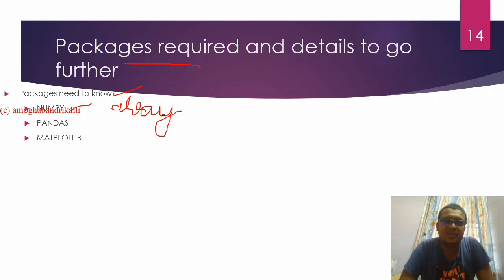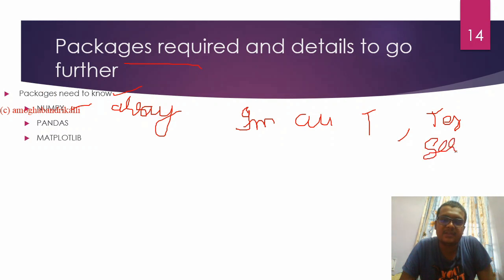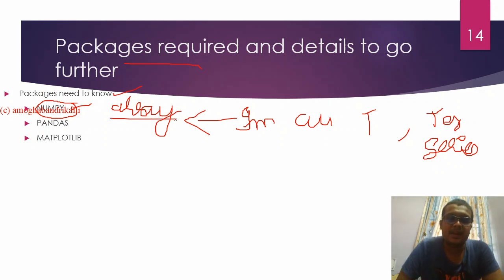But for this session, what you need to understand is, if you have an image, an audio, a text, or any real-time series of data, like the temperature of days at intervals of 30 minutes, everything should be converted into an array. In order to convert into an array, you have inbuilt functions in a package called NumPy. So this is for array operations.